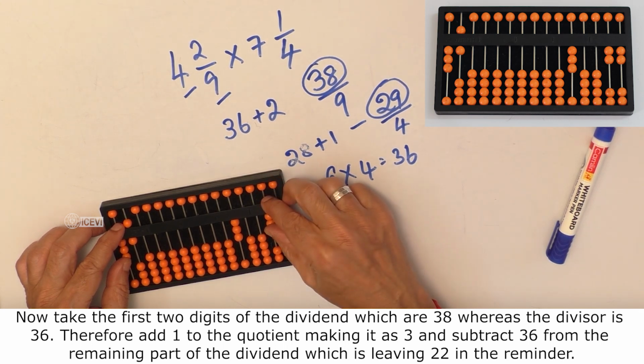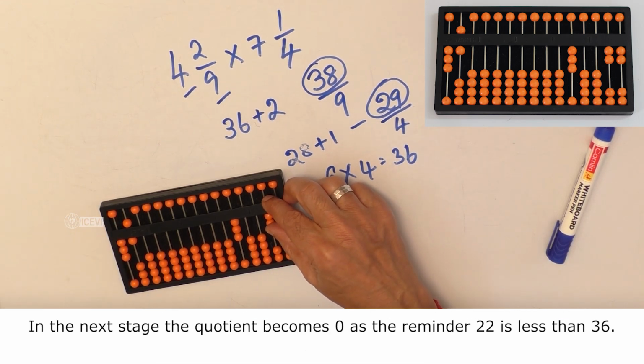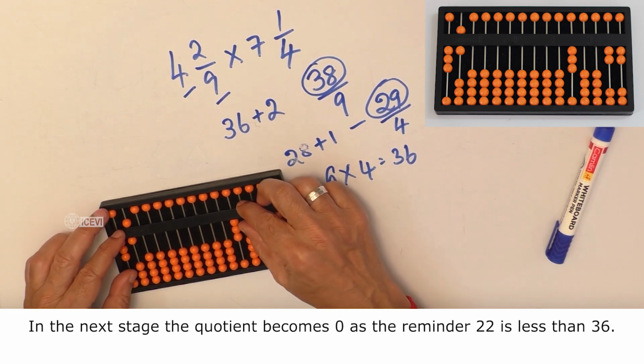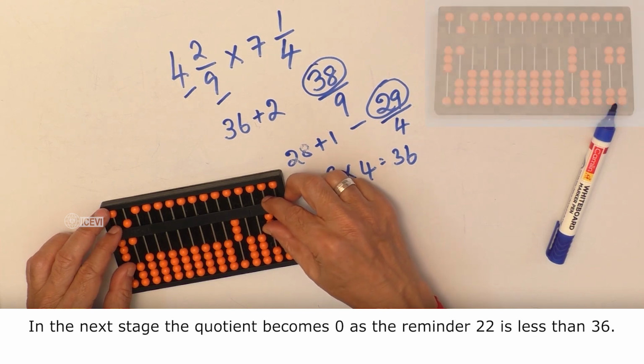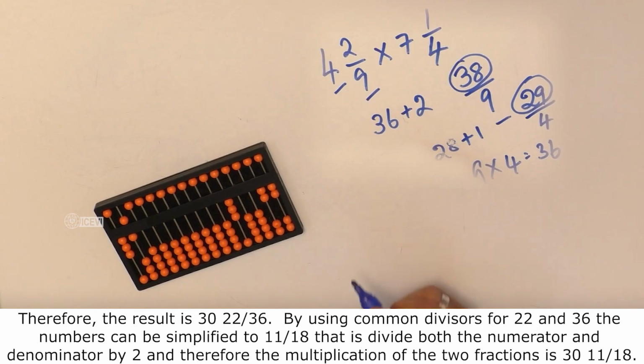Now we are left with 22 in the remainder. In the next stage, the quotient becomes 0, as the remainder 22 is less than 36. Therefore, the result is 30